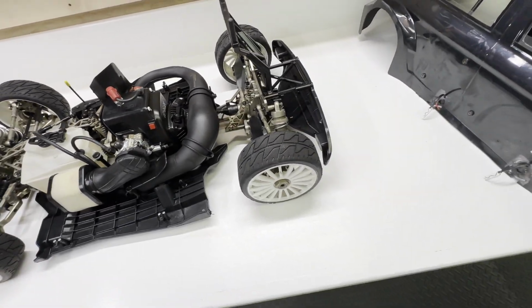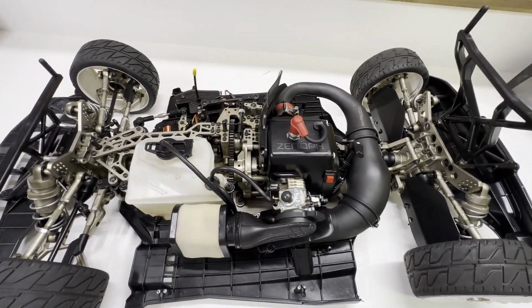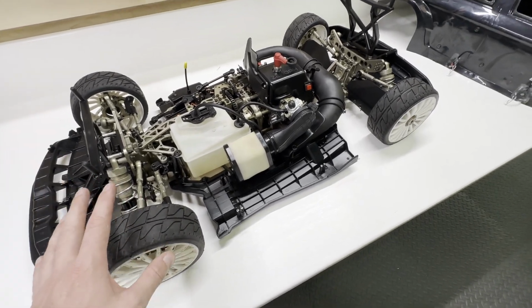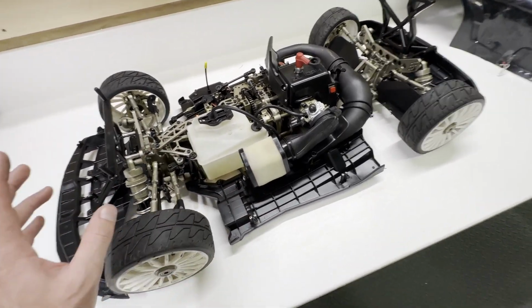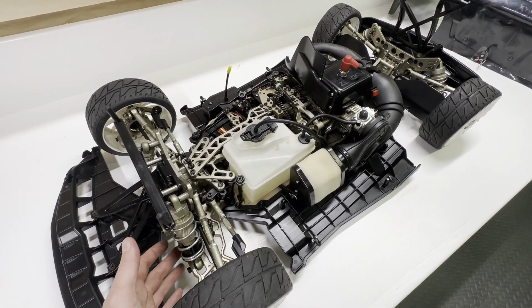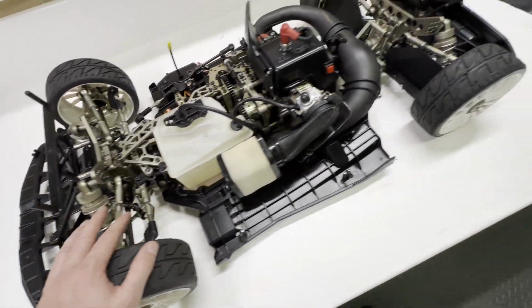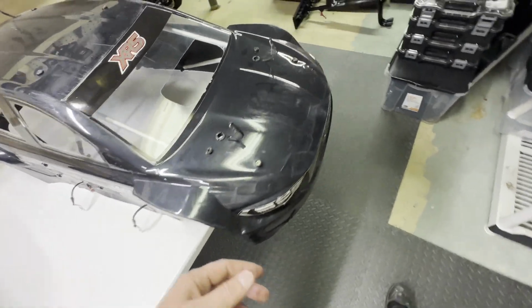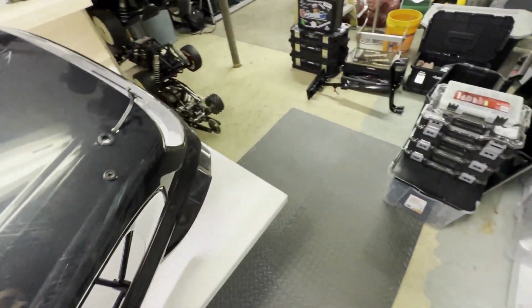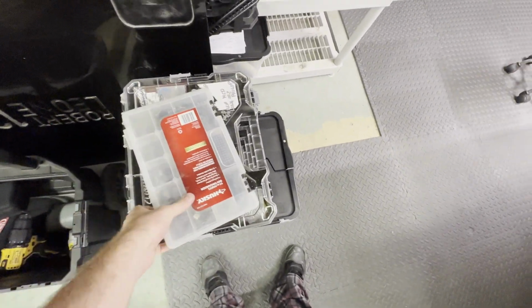And that's that. So let me show you what I plan to bring to races with me. On-road's easy for me because I don't really have parts for either of these cars. I have a ton of MCD parts, but not really any XR5 specific parts or any of the Ultimate aluminum parts on hand. So I don't really bring much. Well, I'm saying that, and then I'm going to show you a ton of stuff. But I bring all my screws. I have everything